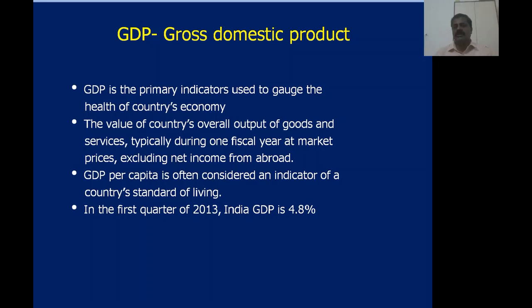Not only that, a country's value or the country's economy can be easily evaluated using these GDP values. So GDP per capita is often considered an indicator of the country's standard of living. And also in the first quarter of 2013 in India, the GDP was about 4.8%, and the maximum is due to the development of the manufacturing sector in the